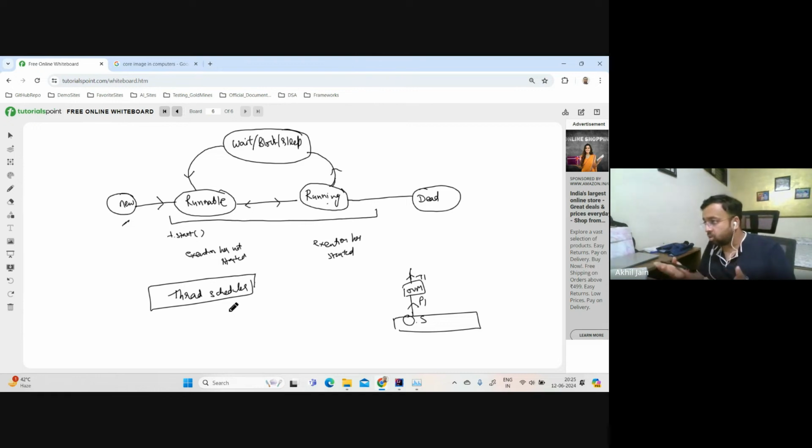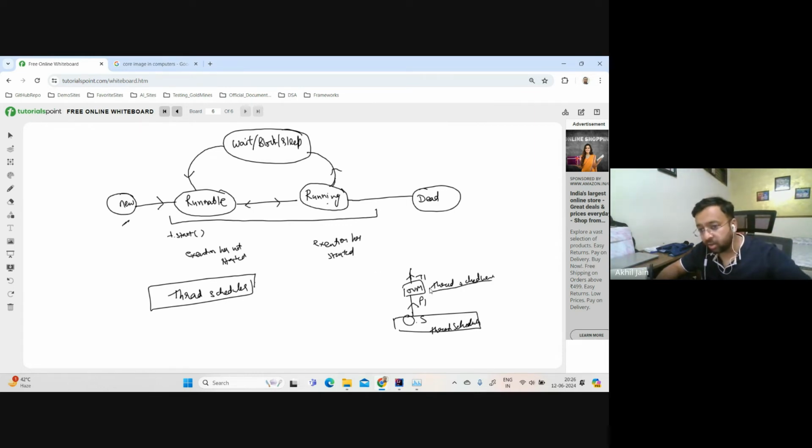Maybe it is doing round robin or something else, I don't know. It is dependent on the thread scheduler. So what I'm trying to say is, even at the OS level, the thread scheduler is used to provide the application a chance to run. Similarly, when the JVM starts running things, the JVM also maintains a thread scheduler for its own application, and whatever threads you are generating inside your JVM, like how we're doing it, those are managed